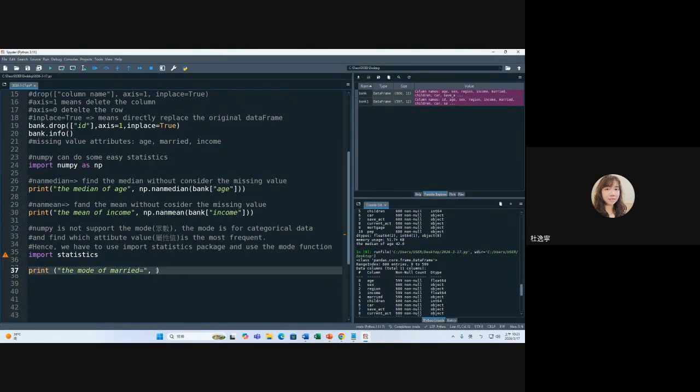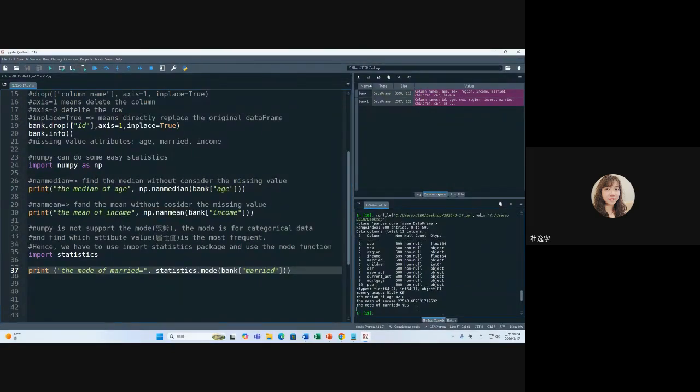And we use statistics.mode. Okay. So the mode of the married is yes. 众数 is yes. Do I need to stop here for a while? 我需要在这边停一下等你吗？需要哈。好，let's